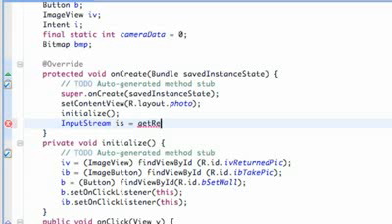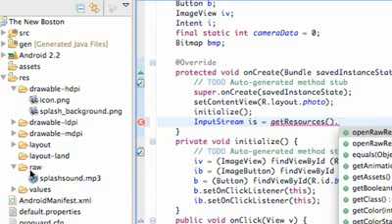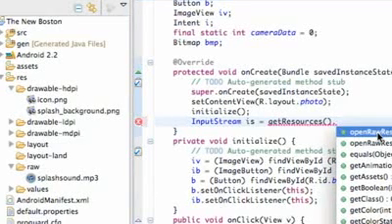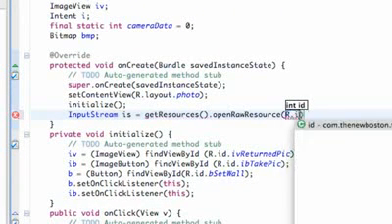So we're going to say getResources, and that's just going to be a method that relates to our resources for the most part. Again, it's a method, so it has parentheses. Then we're going to say dot, and we're going to say openRawResource. You guys are probably thinking it's referring to this raw folder. For the most part, it's not. Just still think of that as accessing our resource folder. So we're going to click that, and then we're going to say whatever image we want to set up,